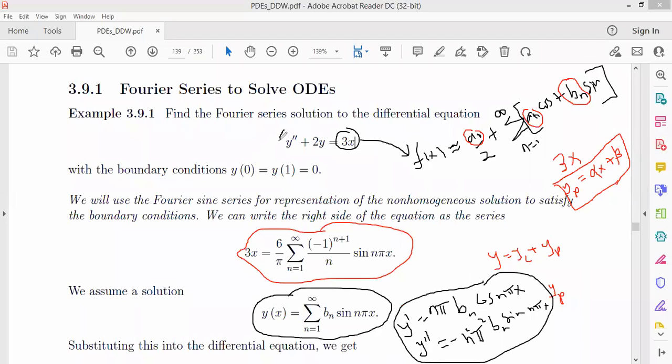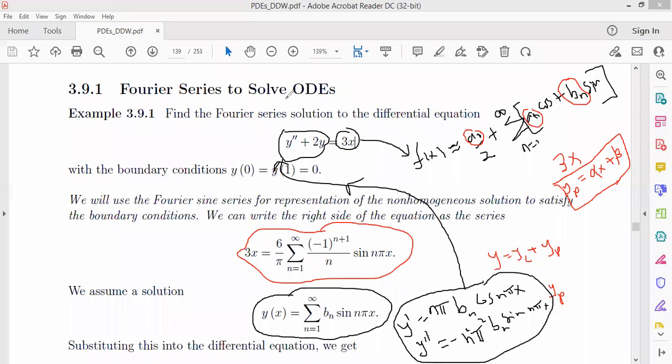They must be substituted into the left-hand side. So these must come there. I hope we are together. So substitute these into the left-hand side and you equate to 3x, but the 3x is 6 over pi times that one. And if you do that,